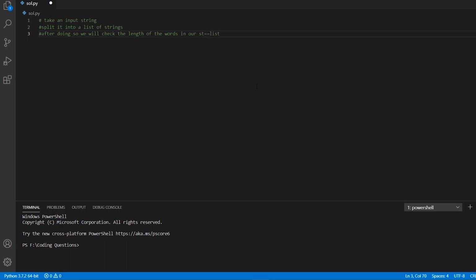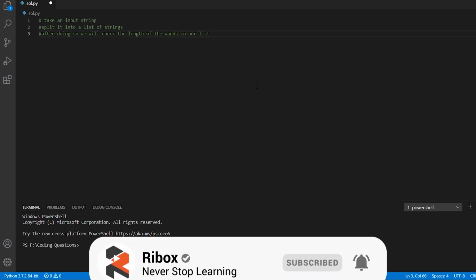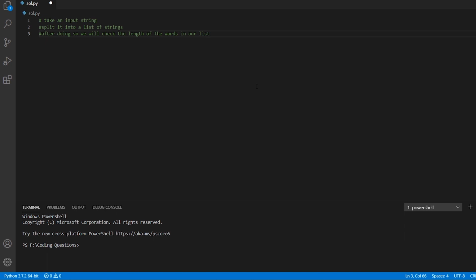So what will be our approach basically is that we check the length of each word in our list, and if it is greater than any of the words which we have already traversed, then we will replace it with that particular length, and we will store that particular word for which the length is into a variable.